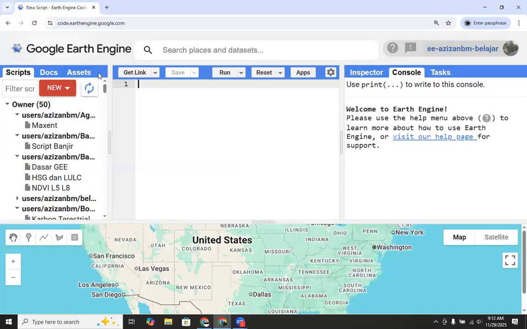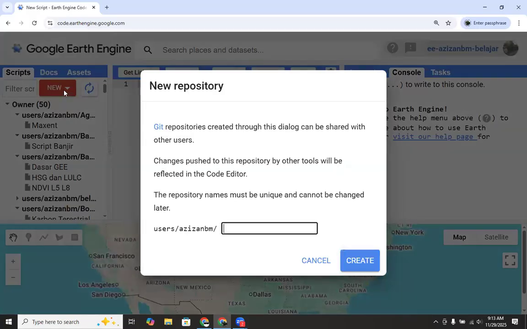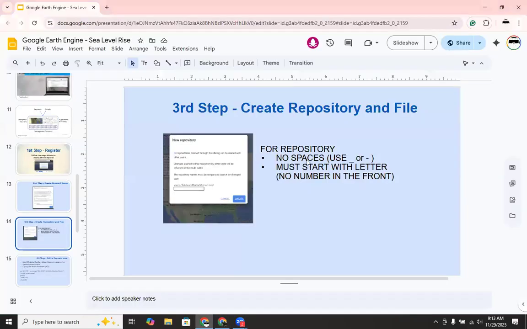To create a repository, we can click New and Repository. We go to Scripts, New, and Repository. Name the repository. We can only use letters, numbers not in the front, and no spaces.